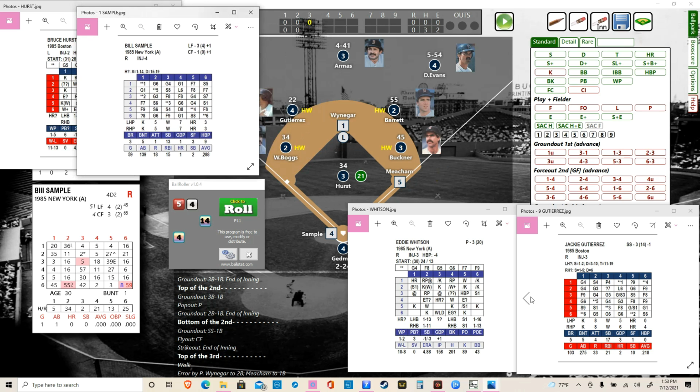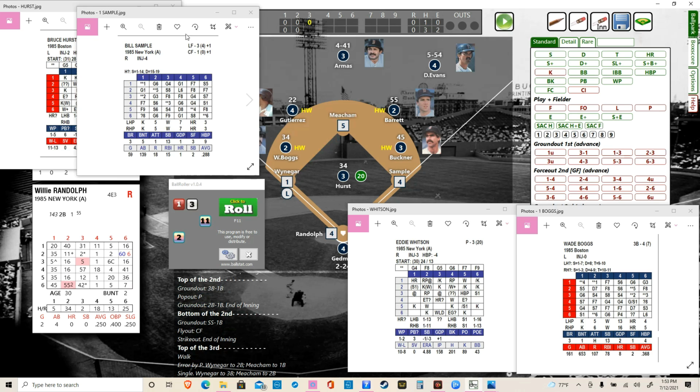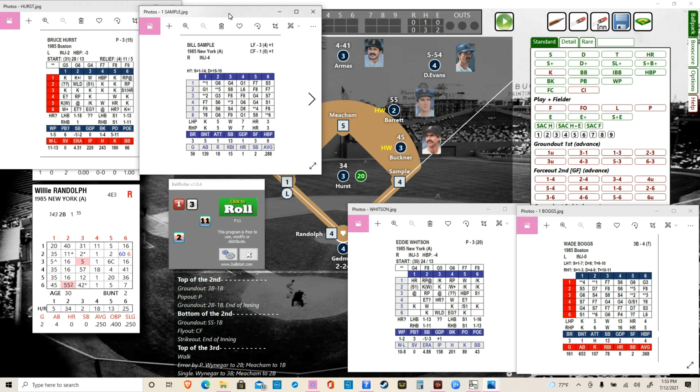So Wade Boggs, let's see what Wade Boggs is. He is a 4, so it would be a 4. So if we roll higher, batter out, otherwise single. So good bunt by Sample. So we're going to look at this one. So if it was an 8 minus a 4, so if it is a 4 or lower, it's going to be an infield single. 2, it's an infield single. So a great bunt by Sample. And this loads the bases for